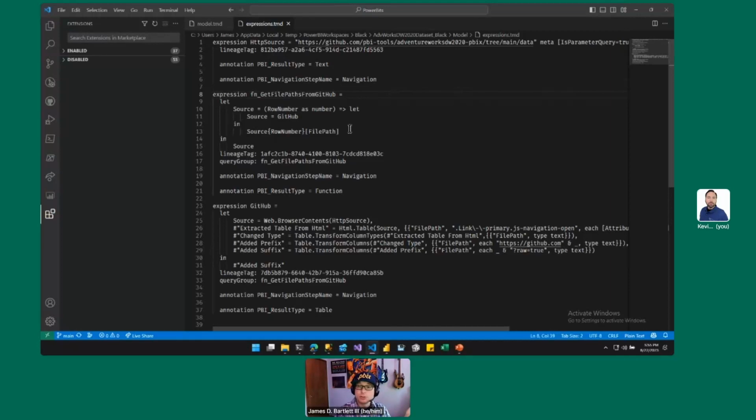Wouldn't it be great to be able to take the M code for a certain set of tables from one dataset and just copy the code and paste it into another file? One of the nice things about PBI Tools is that it not only can deconstruct a PBIX file into the source code, it can actually do it in reverse. It can take the source code and turn it into a PBIT file, which is a Power BI template file. And so if you've got source code for one file, but you want to add some features or functionality or maybe just tables that are in another one, and you don't want to have to do it all manually, you can